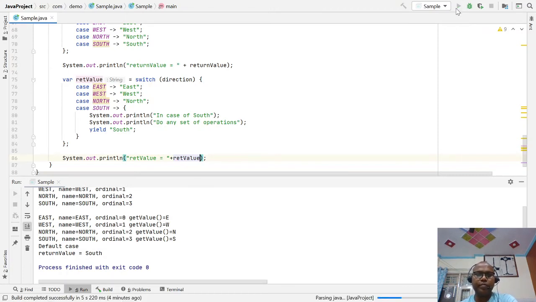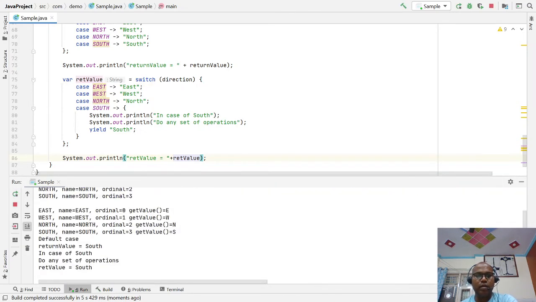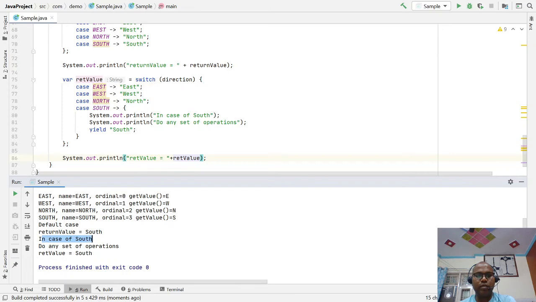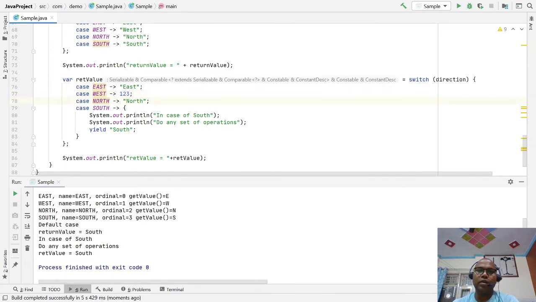Here you can also, in the case of south, do some operation and return your return value. Let's say I want to return a number, so you have to return 1 2 3. It can return a number as well, if you pass here